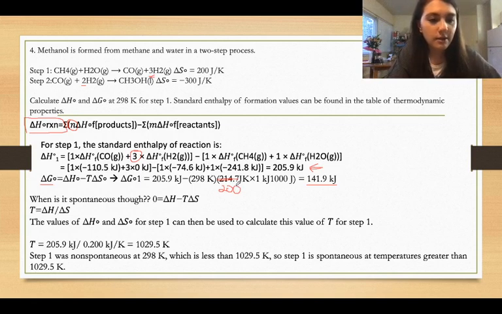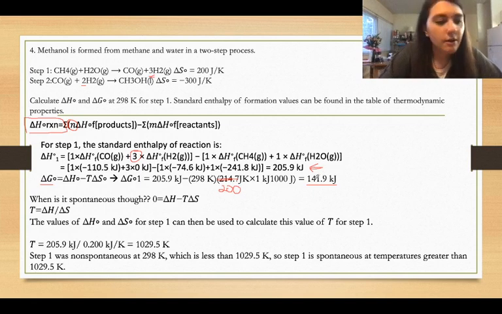So I'm just going to quickly plug this into my calculator. 205.9, subtract 298 multiplied by 200 divided by 1,000. And that gives me 146.3. Great. Okay, now I'm going to note that when I take the enthalpy divided by the entropy, and that entropy again is in kilojoules, it is going to equal